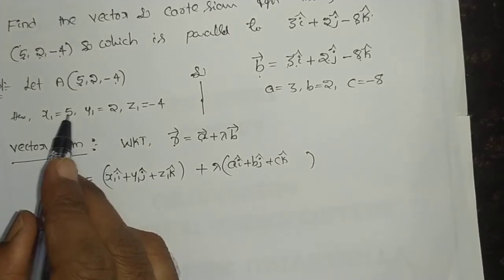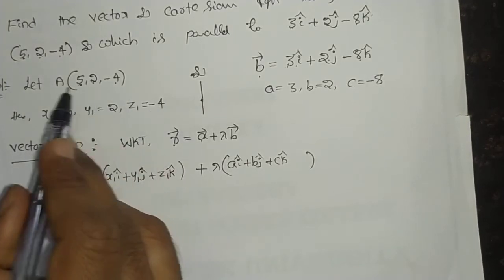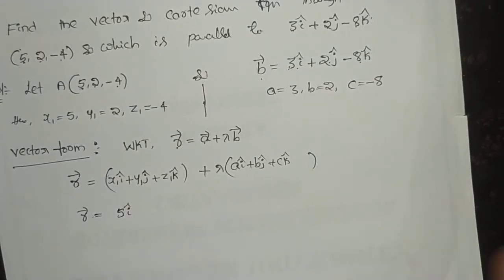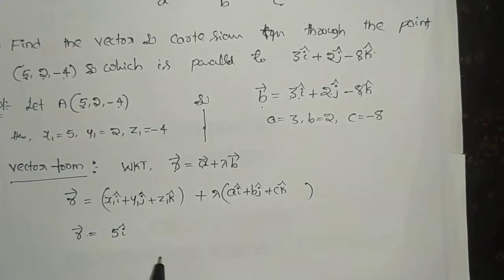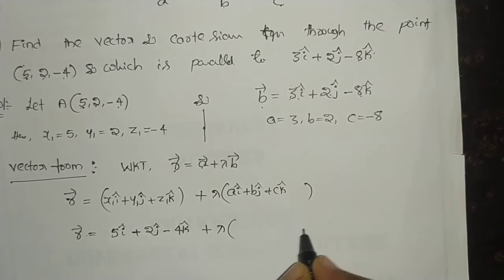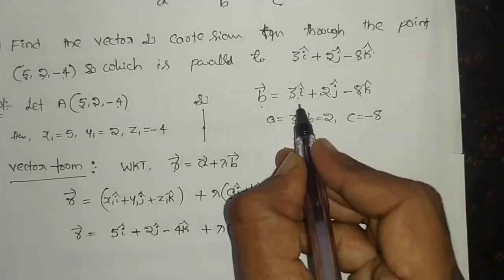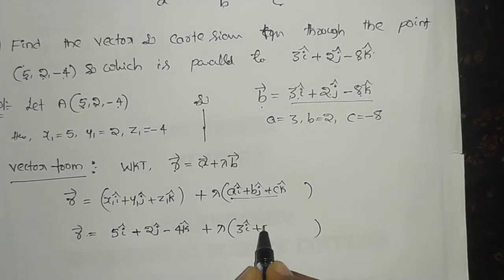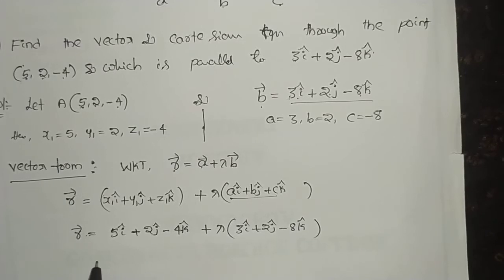x1 is what? 5, 2, minus 4. You just represent this point in vector form: 5 i cap plus 2 j cap minus 4 k cap plus lambda into b vector. Here we have the vector b. You just write down 3 i cap plus 2 j cap minus 8 k cap. Now you just simplify it. That is equal to R vector equals to,